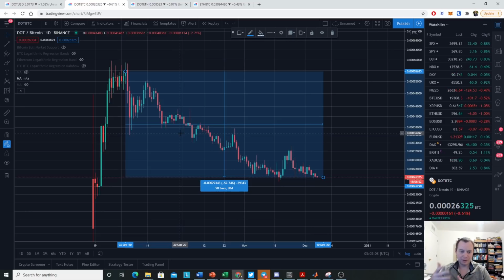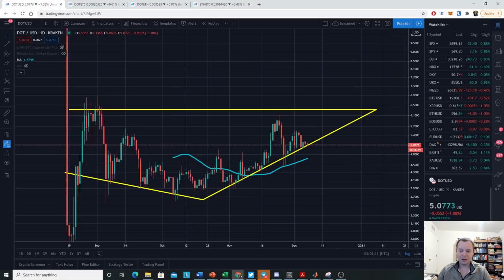It launched in a bull market, which I mean, if it had not been a bull market, then I think Polkadot would not be anywhere close to $5. It would probably be a lot less if we were, say, in 2018 or 2019, early or various parts of 2019. Maybe not the first half of the year, but if it had launched in the second half of the year, then the price would have probably dropped from here.